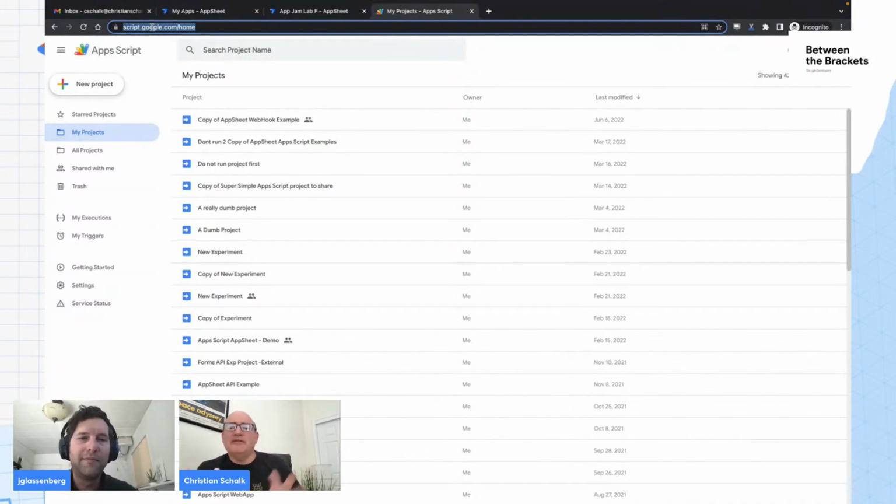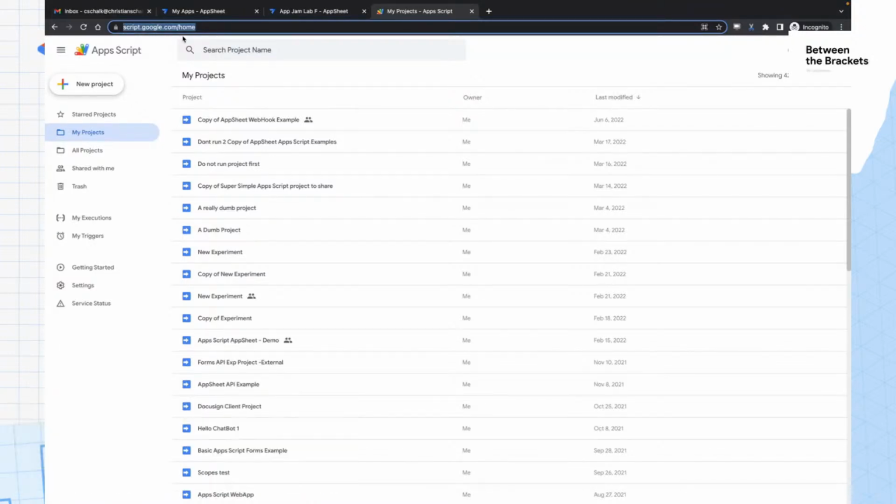But AppScript itself uses the JavaScript language, and it provides essentially a runtime environment and a cloud-based editing environment for AppScript, which is based off of JavaScript. So essentially the same syntax. And if you can see my screen right now, this is actually the web-based AppScript development environment, right? So I just go to script.google.com, and that takes me to this home page, and I have all these different